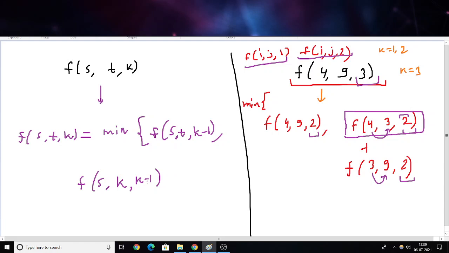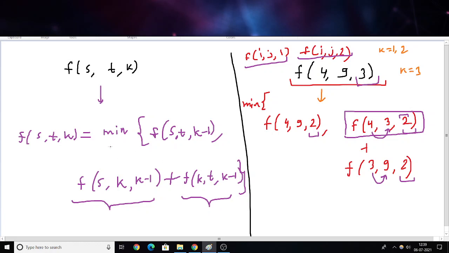Okay, or if we use all the cities, even then it is just the same thing, as I said. But we can't do that because we don't have the answer for k. We only have the answer for k minus 1, and f of s, I'm sorry, f of k to t. So this combination would give you a shortest path, because if you find the shortest path from s to k and then the shortest path from k to t, that will be the shortest path from s to t using the city k, and that is your transition.